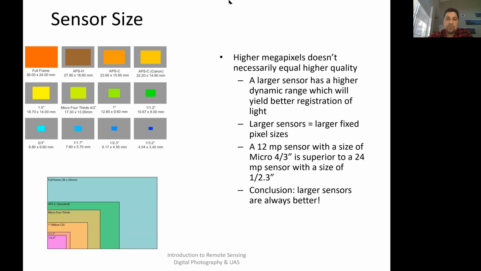Okay, and so yeah, sensor size and megapixels, there is a relationship between the two, but they're not necessarily the same thing. And I want to make note of that, because it's important. Now, the thing is, with megapixels, we could talk about millions and millions of pixels and how great it sounds. But the fact of the matter is, higher megapixels don't necessarily mean higher quality imagery. So the reason being,